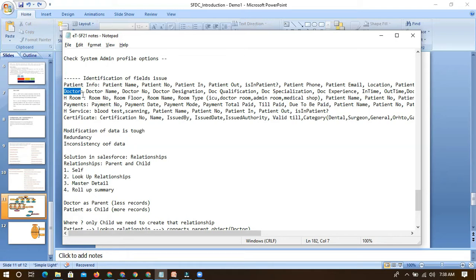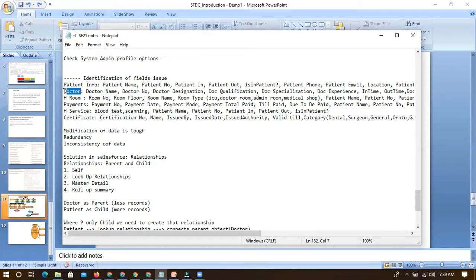Let's take, if I want to create a relationship between patient info and payments. We have already identified the doctor and patient info relationship, where I identified patient as a child and doctor as a parent, and we created one lookup.